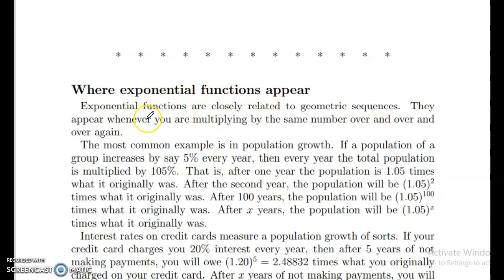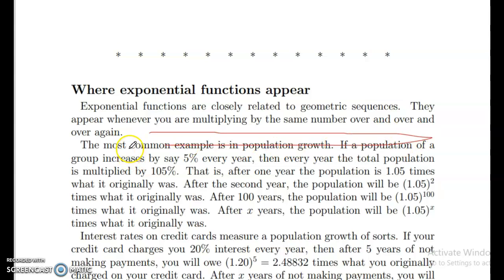Exponential functions appear in many places and are closely related to geometric sequences. They appear whenever you are multiplying by the same number over and over again. The most common example is population growth. If a population of a group increases by, say, 5% every year, then every year the total population is multiplied by